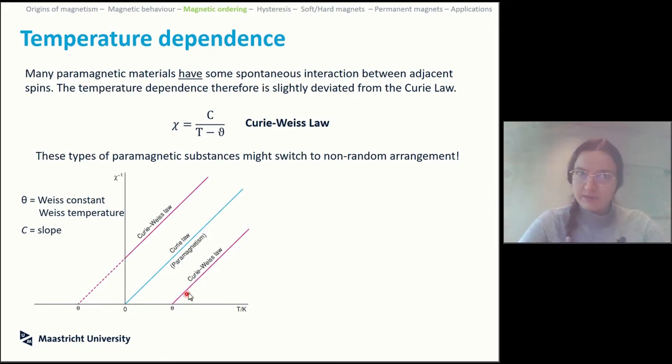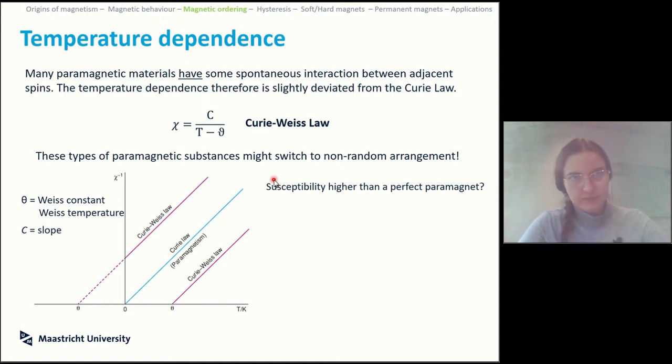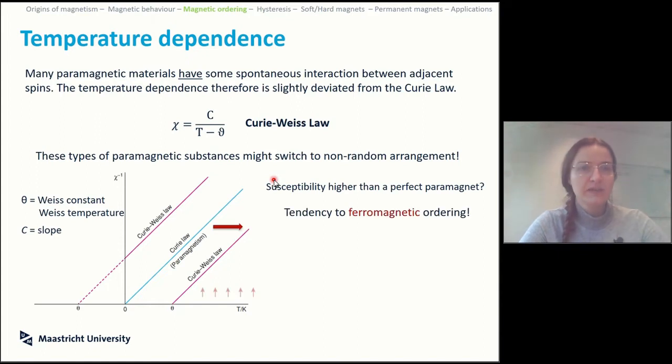The slope in this plot is the Curie constant, and then you have the correction to the temperature given by the Weiss constant. So if the susceptibility that you measure is higher than the one of a perfect paramagnet, it